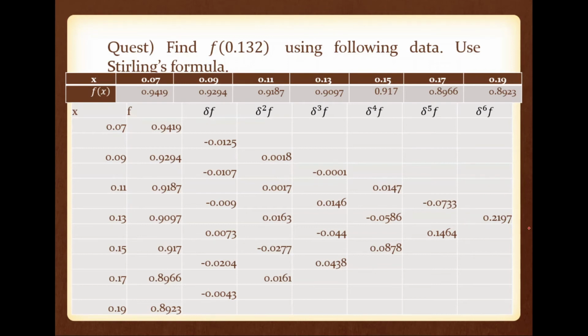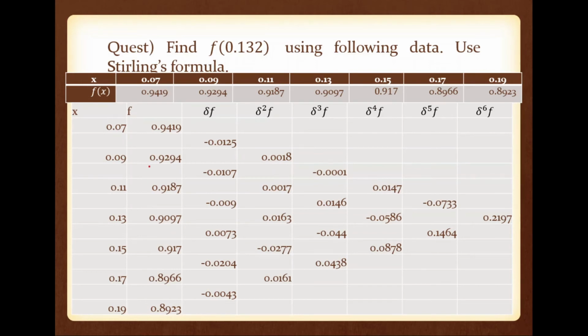You can see that this one is the last data because the number of data is n plus 1 equal to 7: 1, 2, 3, 4, 5, 6, 7. So n plus 1 is 7, so n equals 6. We can find up to delta raised to n f, meaning delta raised to 6 f is the last data. Here you can see that the data are not labeled. We simply determined the central difference levels.